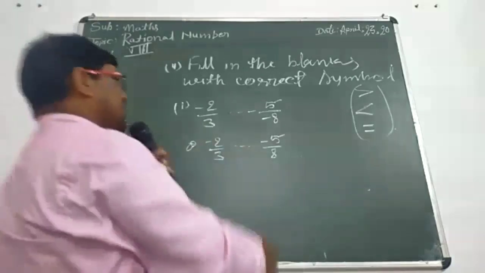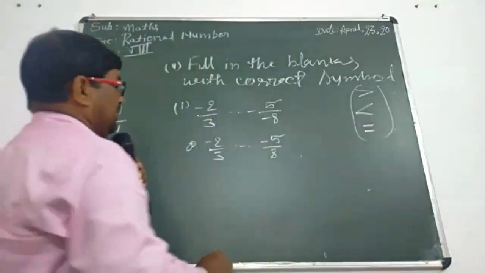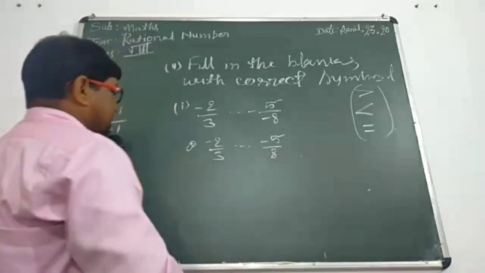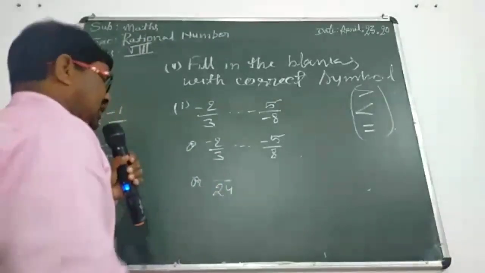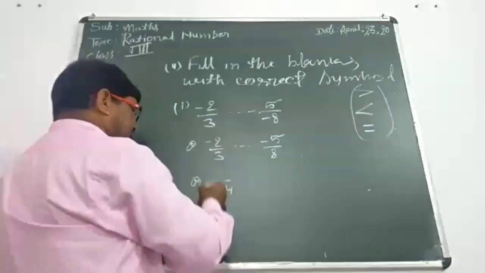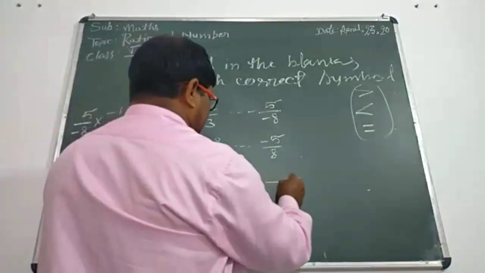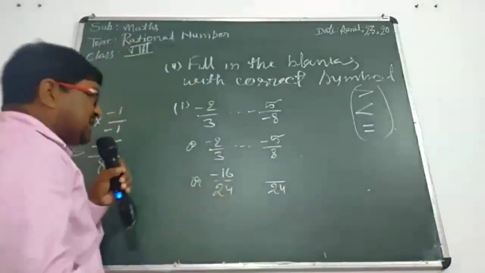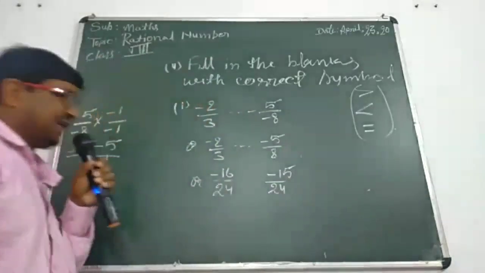So we can write it minus 5 upon 8. Okay, understood? Now, according to LCM, of 3 and 8, your LCM will be 24. So you can write here 24. Now 24 divided by 3, 3 8s are 24, and 8 multiplied by minus 2, so minus 16. Now the second LCM is 24 as you know. 24 divided by 8, 8 3s are 24, 3 5s are 15, so you will write here minus 15.